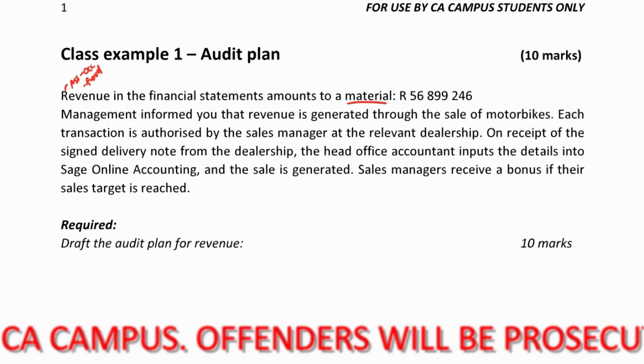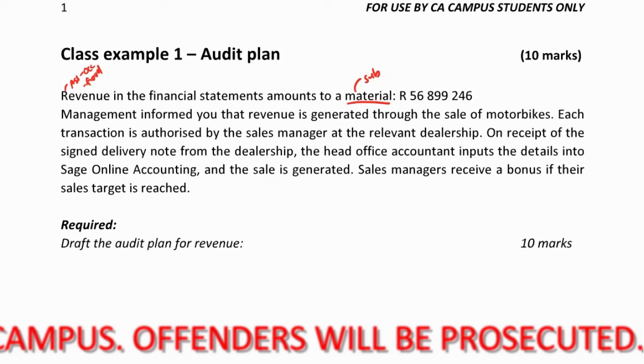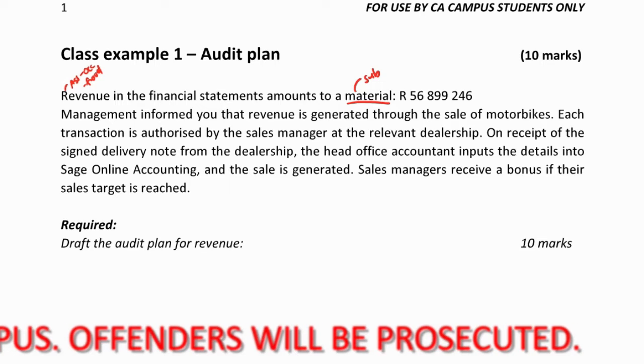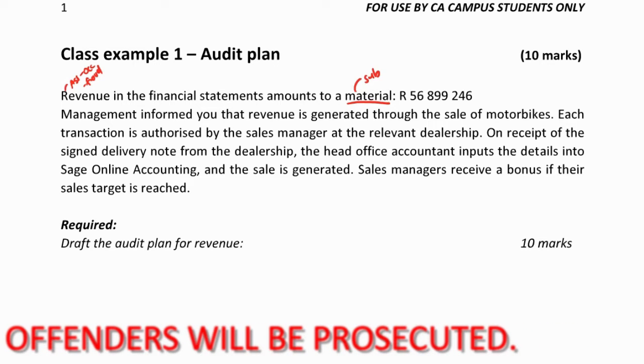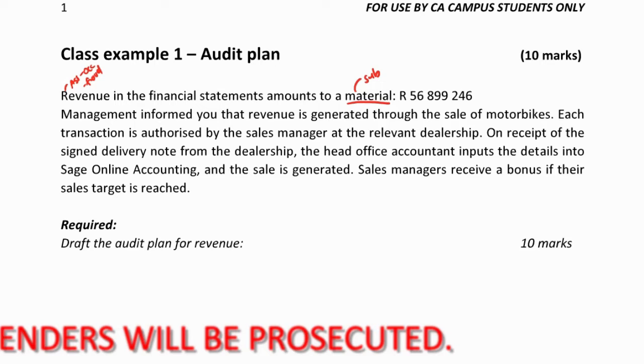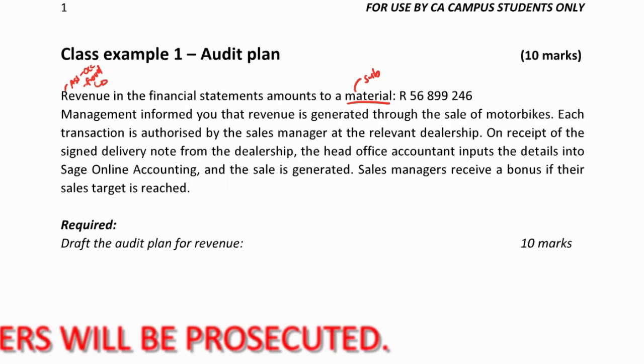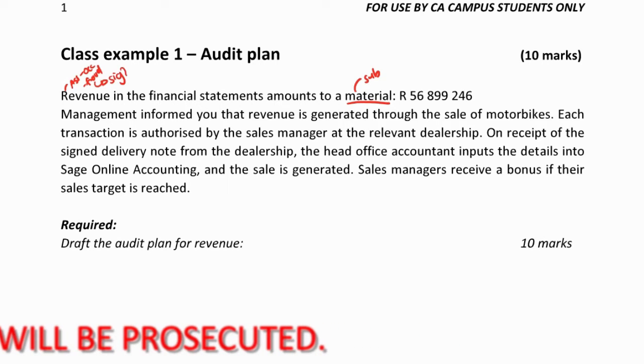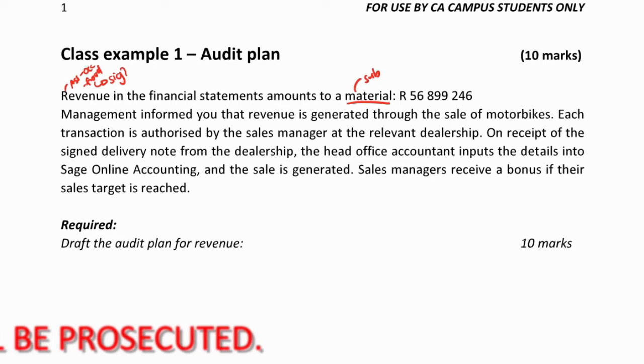Material, I know I have to do substantive procedures. I'm also going to note here, I missed this initially, because it's susceptible to fraud, significant risk, and if it's significant,